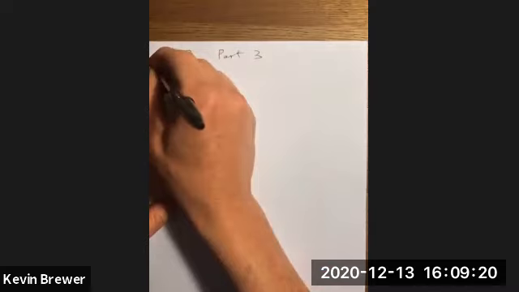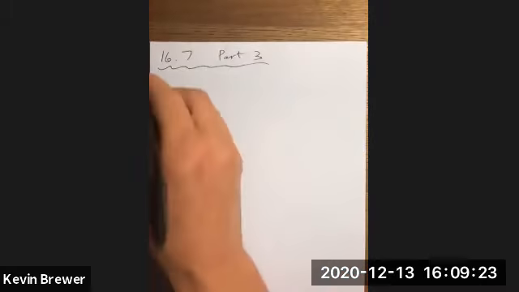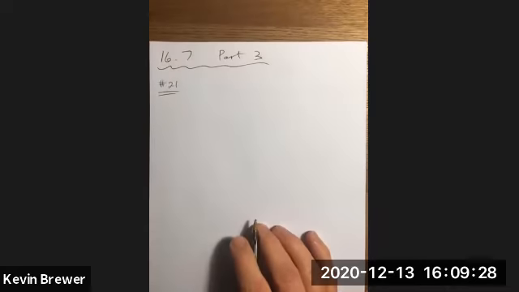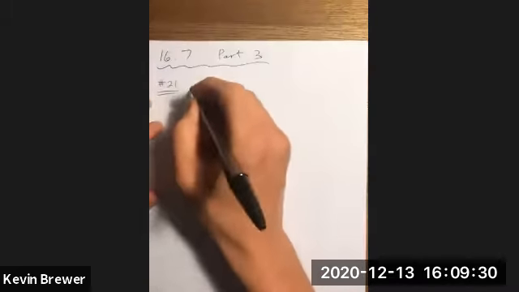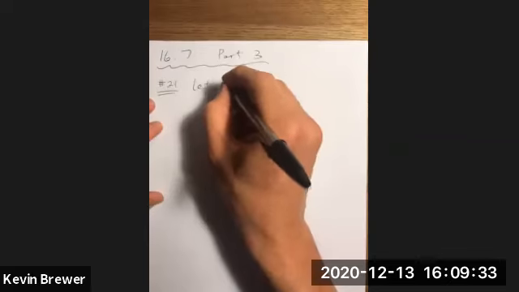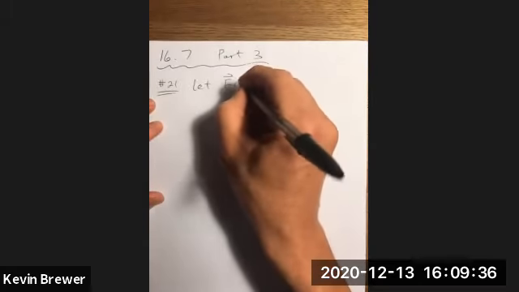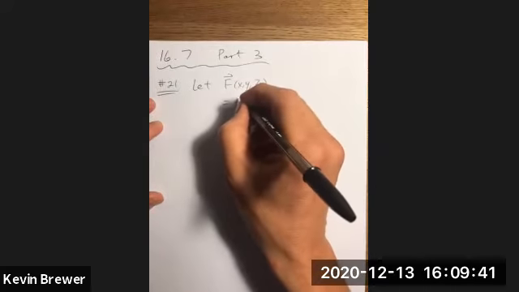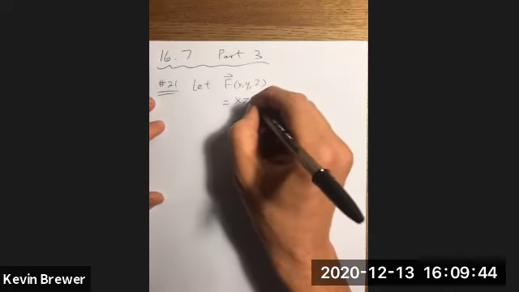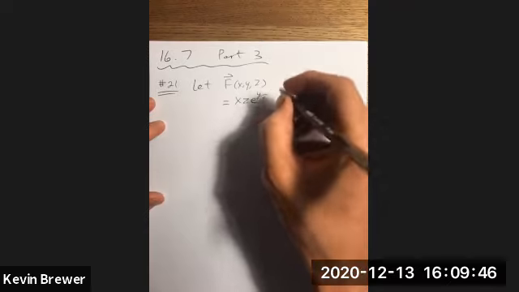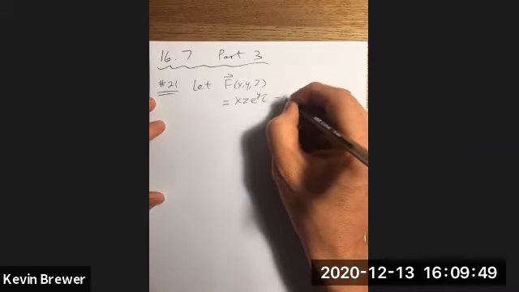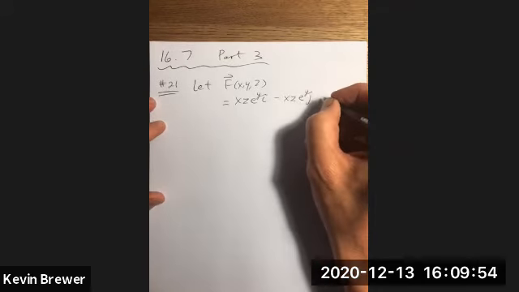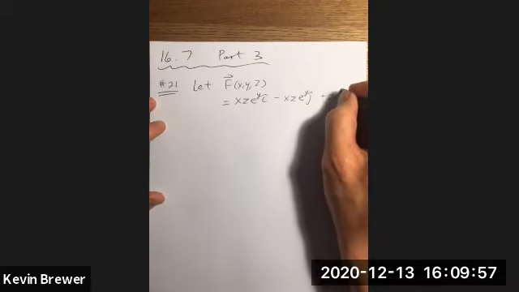Part 3 of section 16.7, and we're going to look at an example now. We'll actually look at exercise number 21 from the end of section 16.7. Here we're given the vector field x z e to the y i minus x z e to the y j plus z k,